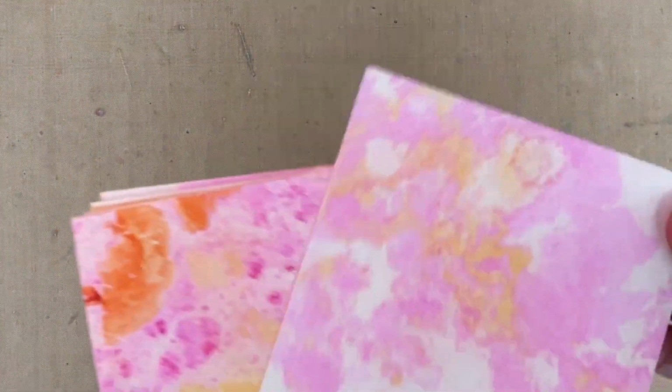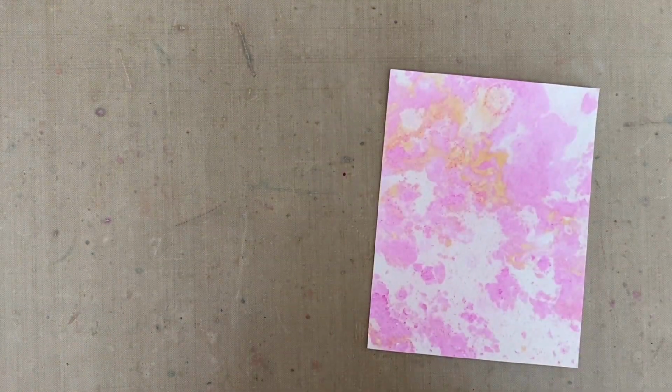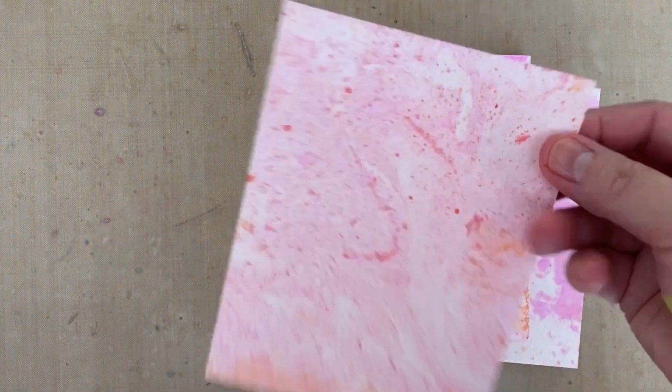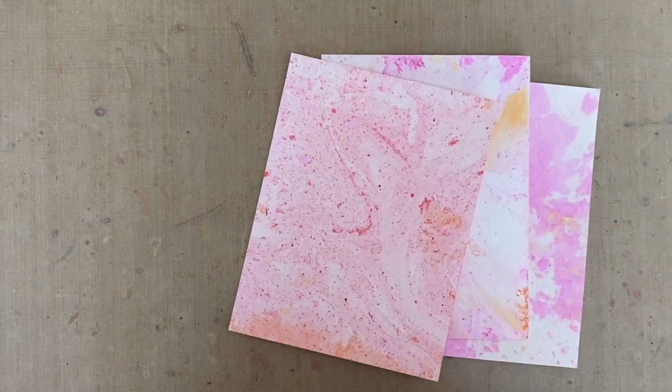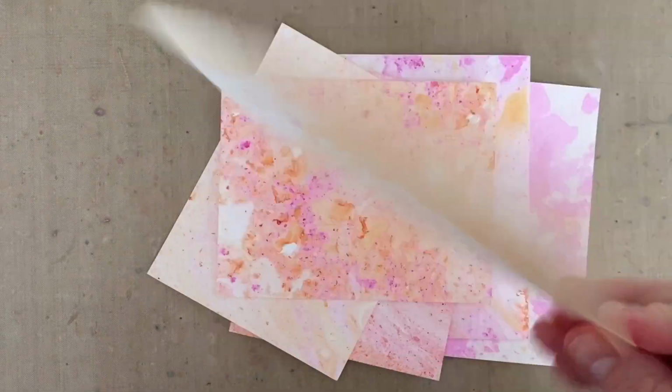And I should have probably said this at the beginning of the video, but I highly recommend setting up a drying station because I know that once I get going, I'm having so much fun marbling. I don't really want to stop and heat set each one with my heat gun. So instead, I usually put a piece of parchment on my desk, like from the kitchen, and then a couple layers of paper towels. And so then I can dip each panel, throw it over there on the paper towels,